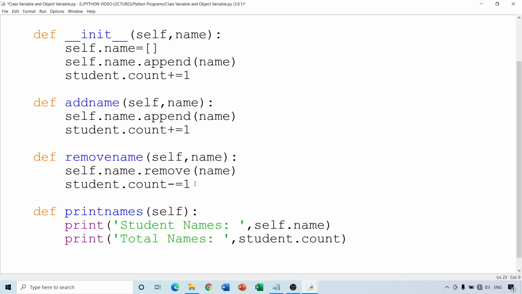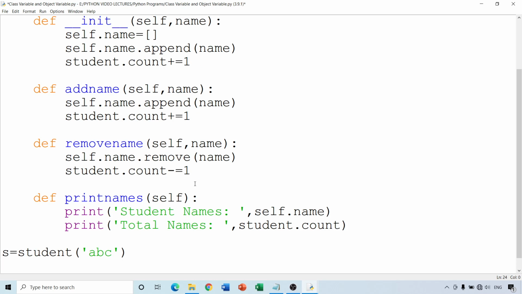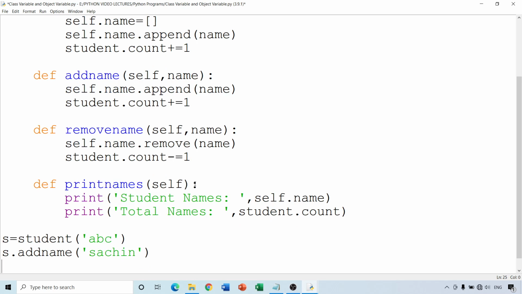Now what I am doing is, first of all, I try to create an object, and when we create an object, definitely we are initializing it. So s is equal to student. Yeah, spelling is correct. And what will be there? Say for example, first I'm adding some name ABC. Now s dot add name, and I'm adding Sachin. Now I'm trying to print s dot print names,